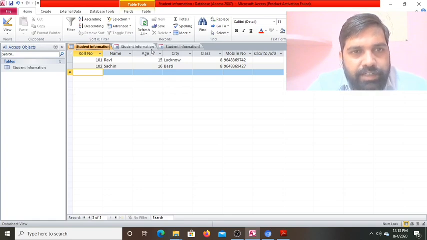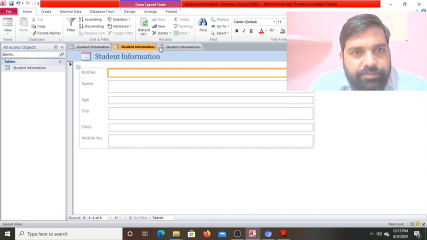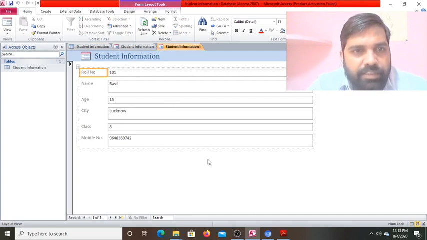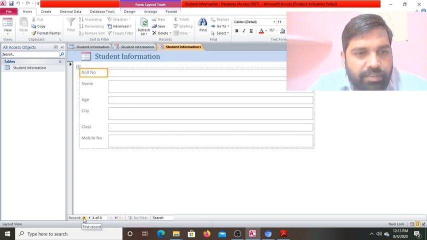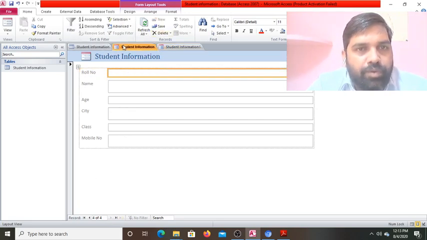So here we have added a thing in the student information one that you have done. Here see, three records in this form you have entered. Okay. So one of three, and the next also you can see. So this is the student information table in this one.